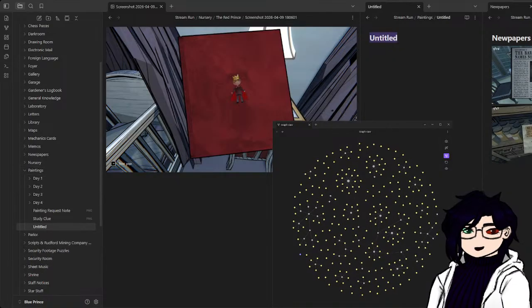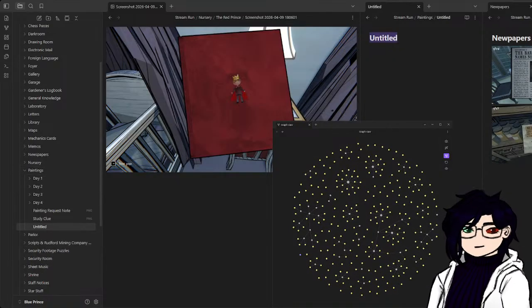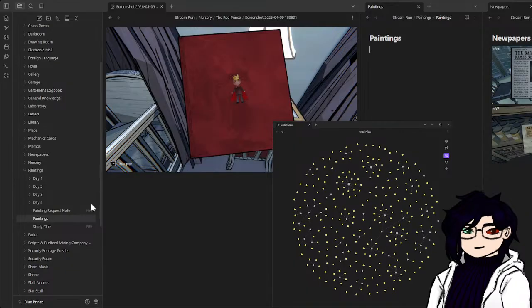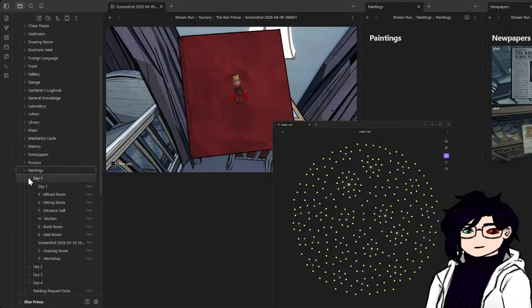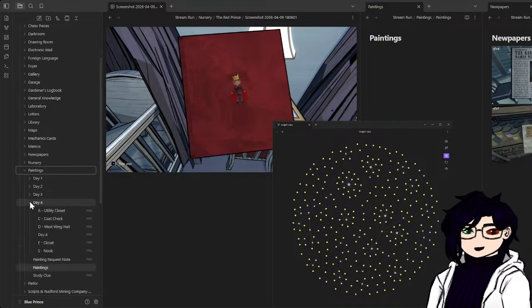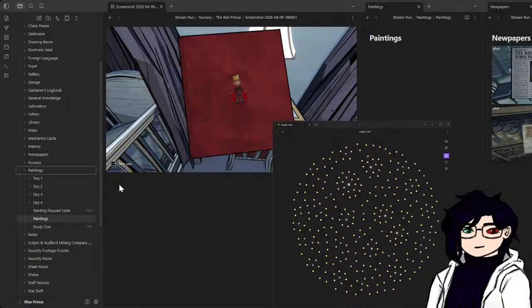Oh, paintings. I'm gonna say paintings. Okay, and the reason I have stopped screenshotting these is because I have solved this. The answer won't make sense for a good long while though, so